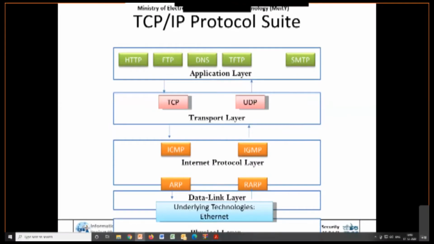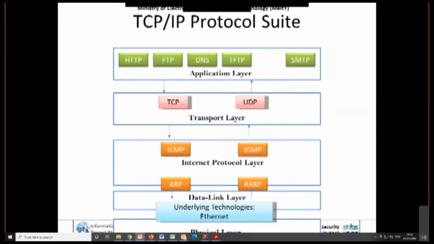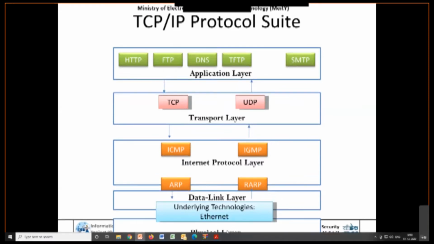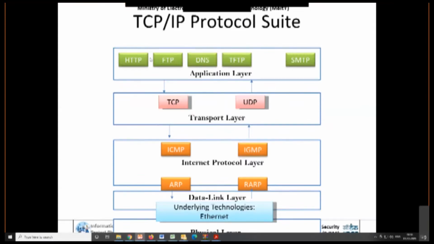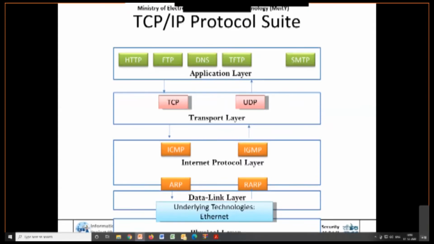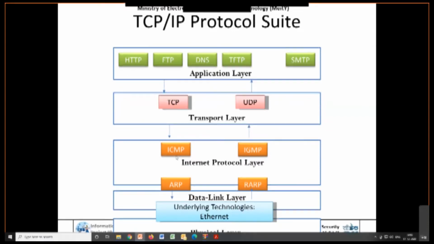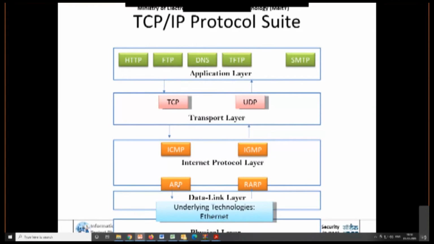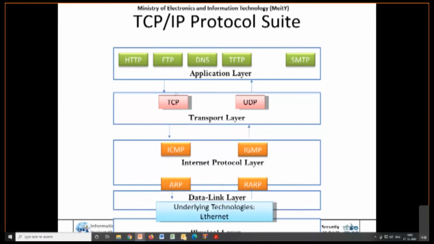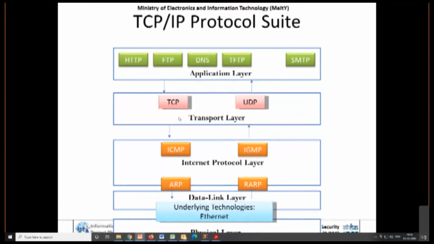So now, how is this suite working? This is the physical layer, which is the lower layer. Suppose you are opening a packet from an HTTP application, like a web application. It interleaves through the transport layer with the TCP protocol, and then the ICMP protocol and ARP protocol, because it is pushing to the physical layer. So each layer supports its activities with one of the protocols.